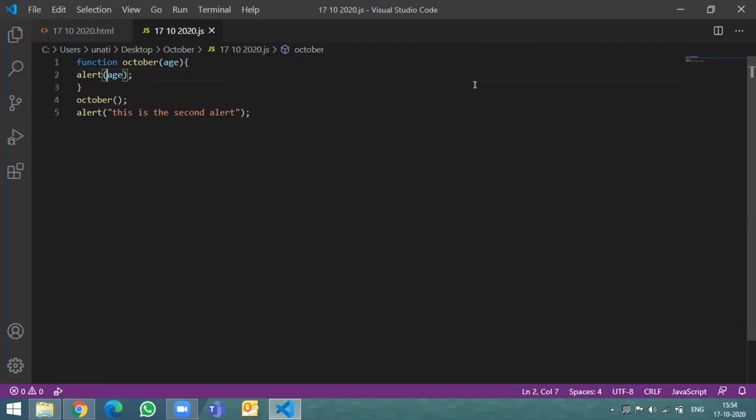That value we are passing is age, but that age is not defined. What is the value of that particular variable? Whatever. So over here, can you write 25 when we are calling that function? Not over there. When we call the function in line number 4, can you type 25? And now save it.